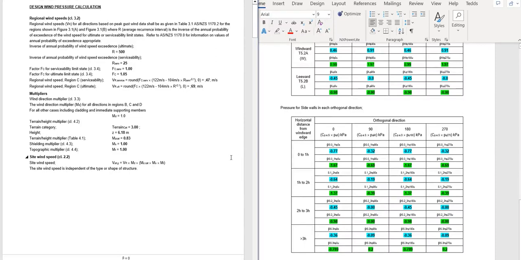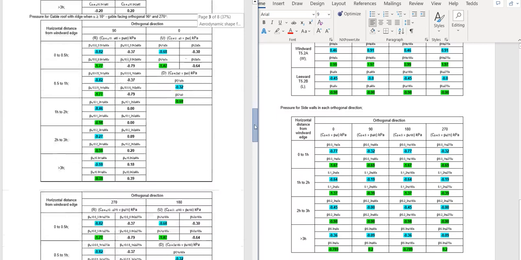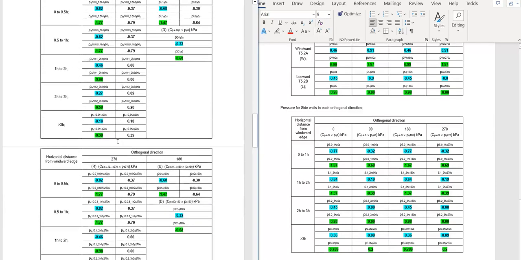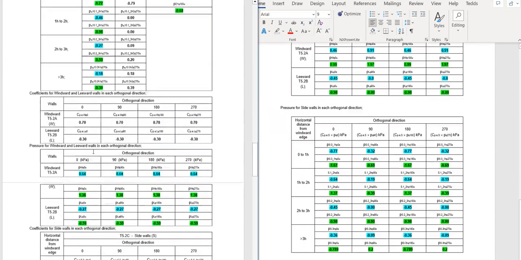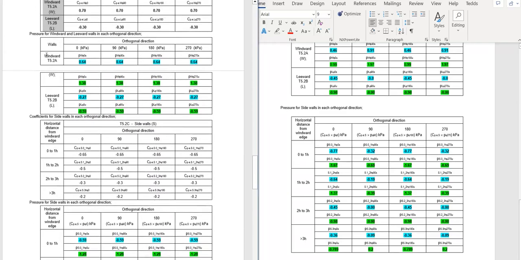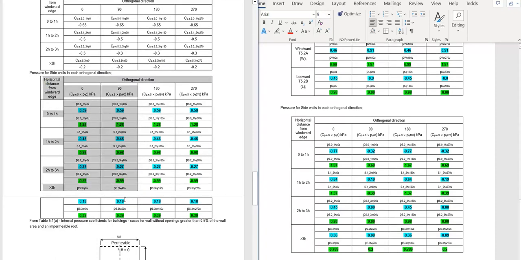So this is part 7 of the series tutorial. Today we are going to see the summary report of the previous video that we have done. As you can see here, this is the external pressure for the roof, the table at my left side, and this table for the windward and the leeward external pressure, and this table for the side wall,